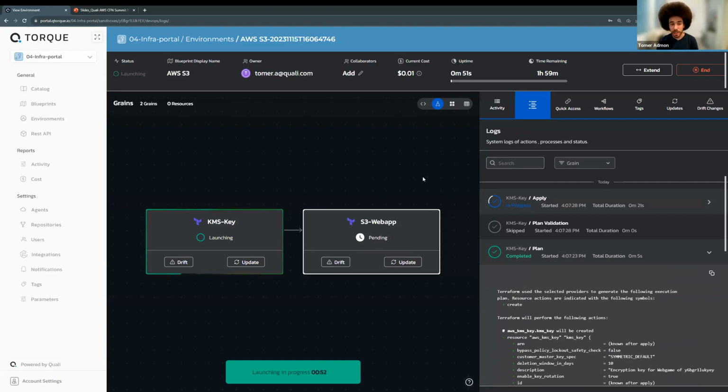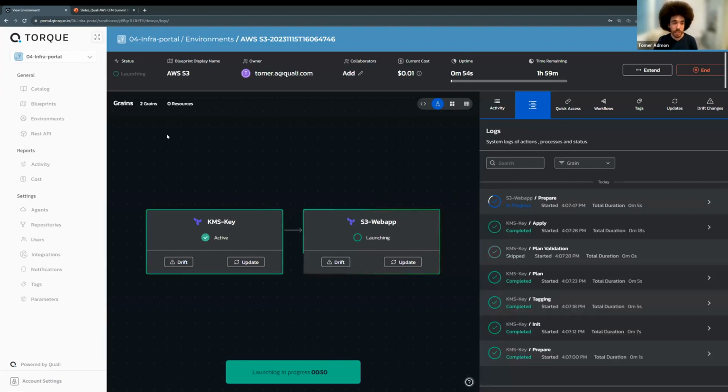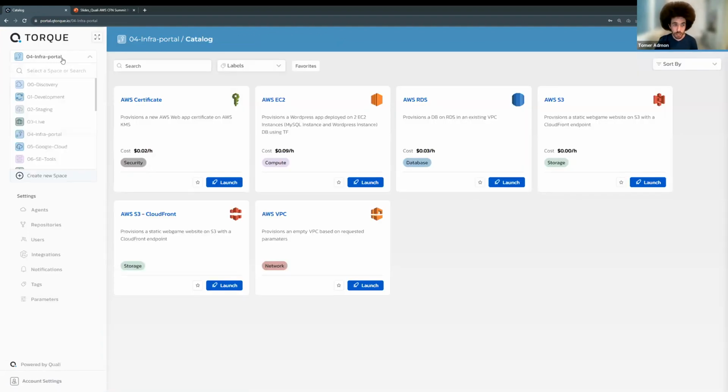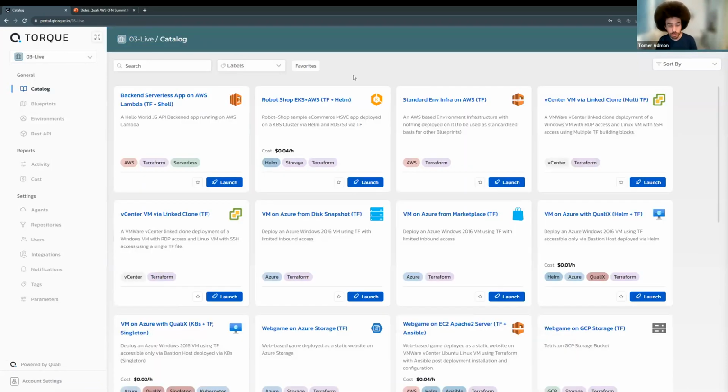But a lot of interesting things happen in the background. Now, let's move for a second from this service catalog approach and move to a different space in Torque. And spaces are basically different groups or different areas in the product. Different people might be associated to different spaces. They might have different permissions. And in those spaces, you might see different catalogs, different ways to automate, different permission levels, and at the end, different reports as well.